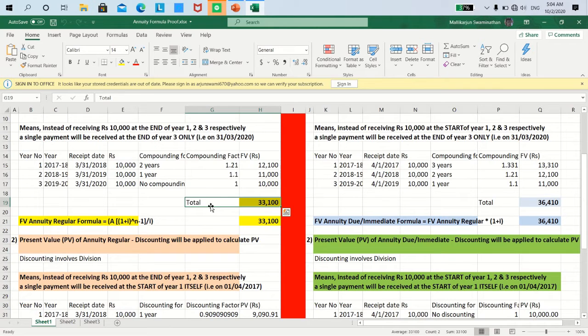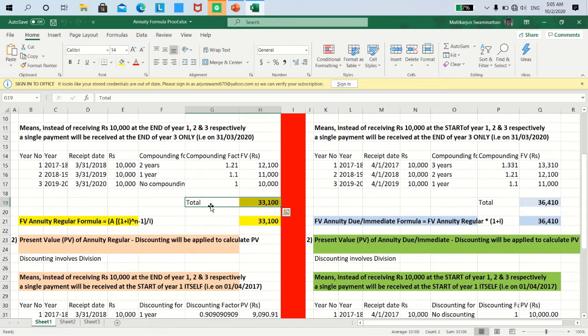Now students, just for a moment take a break and think about it. This example has been constructed wherein I said the assumption is compounding happens on an annual basis, and hence we find only 3 rows. Suppose the question had stated that the compounding has to be done on a quarterly basis, and in each year we know that there are 4 quarters, then we will see not just 3 rows but 12 rows here, which will be 3 years into 4 quarters in each year. That makes it 12 rows.